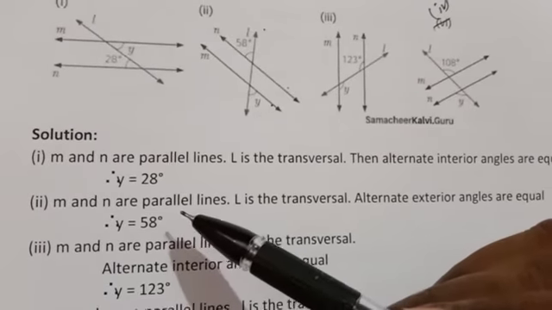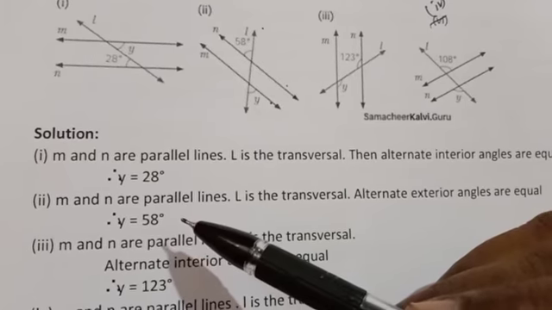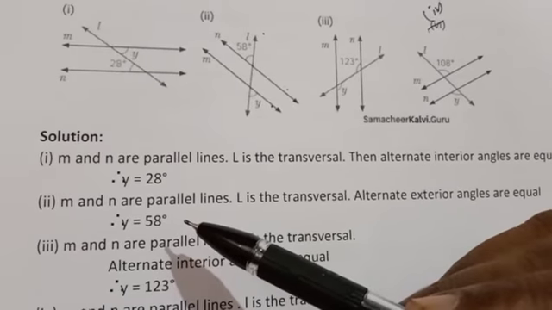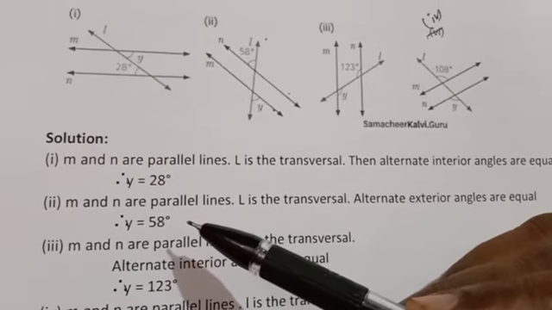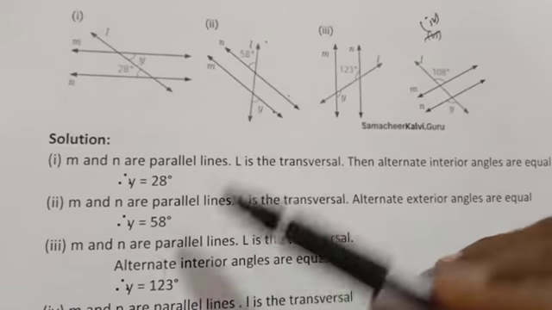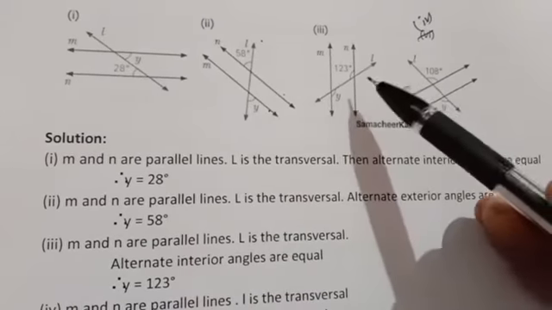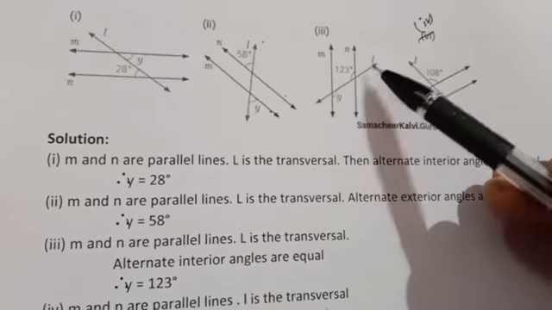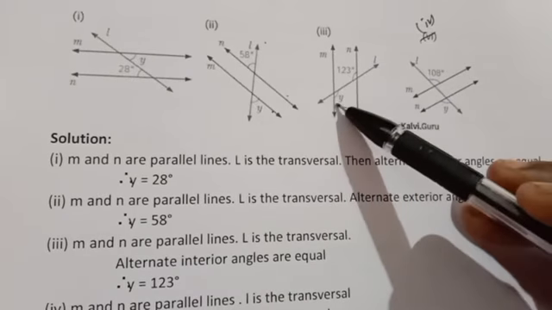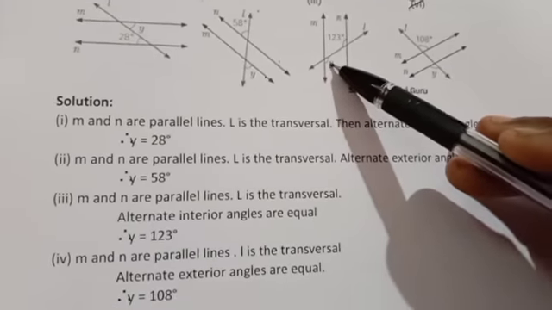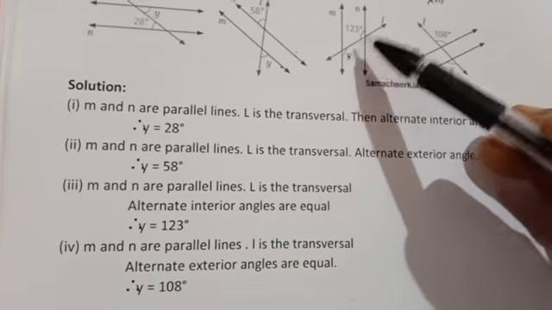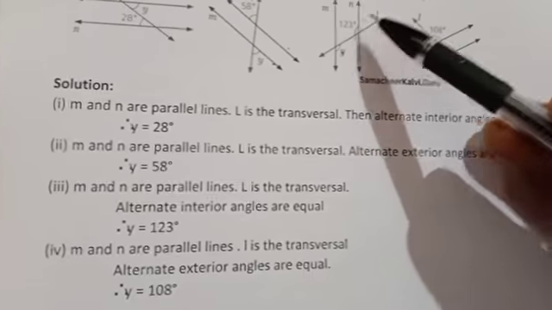So you have to remember, in the last class I taught you some of the results and definitions, you know, that you have to study well. Okay, then you can easily find these values. Yes, now for these two are parallel. This is a transversal line. These two are interior angles. Yes, students, alternate interior angles are equal. So y is equal to 123 degree.